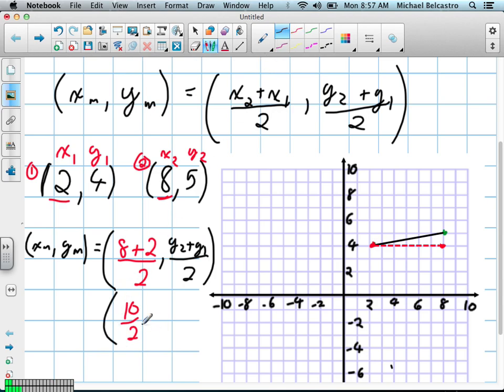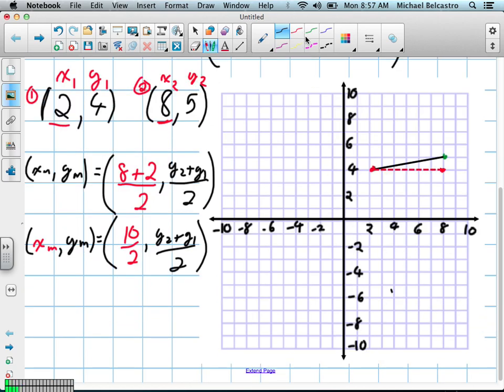We'll continue with everything else. This is still y2 plus y1 divided by 2. And this is again telling us, and I'll put it in red, we're finding the x midpoint right now. Okay? And what is 10 divided by 2 going to be? 5. Excellent. So, in other words, the x midpoint is going to be equal to the coordinate 5,